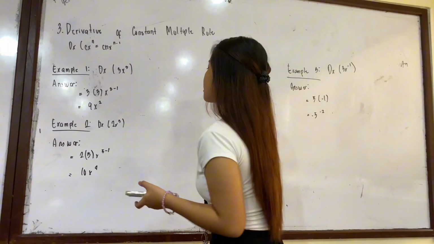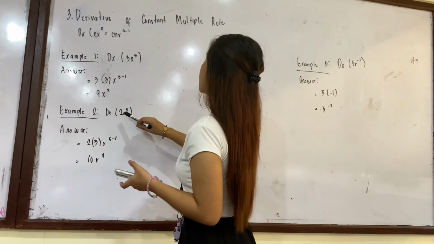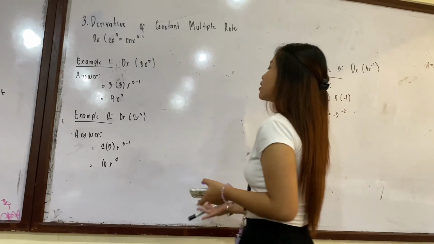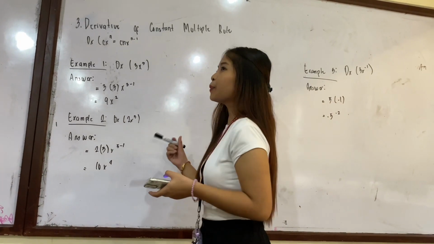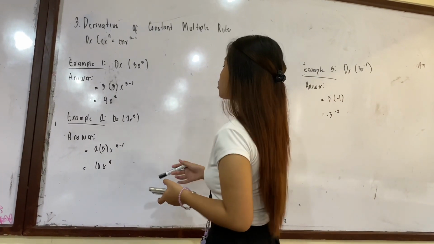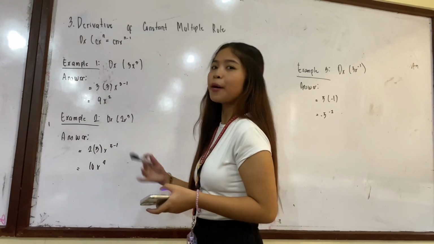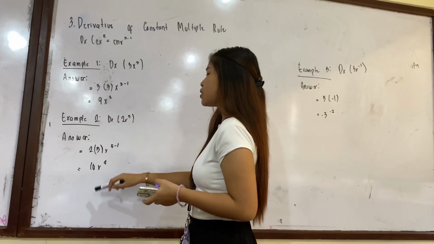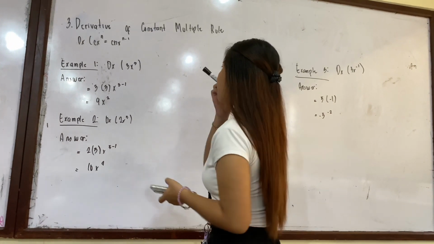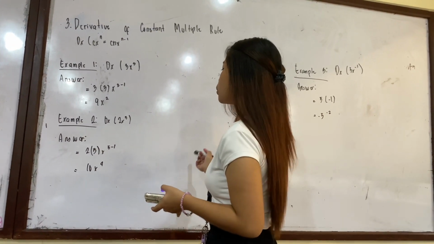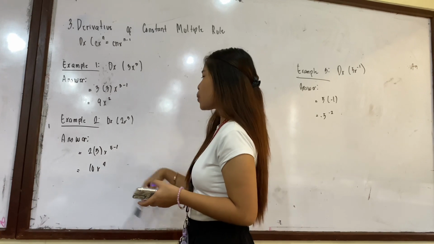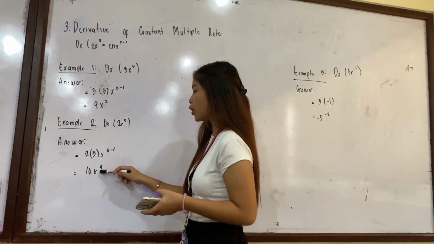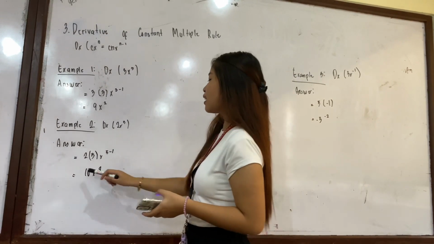For our next example, derivative of 2x raised to 5. So kung paano ko ito nagawa is katulad lang kanina, hahanapin natin yung derivative ng function na to, and after natin hanapin yun, ay i-multiply natin ito, like 2 times 5 is equals to 10, and i-apply natin yung power rule, which is na ang exponent ay palaging may minus 1, kaya 5 minus 1 is equals to 4. Kaya ang sagot na ito ay 10x raised to 4.